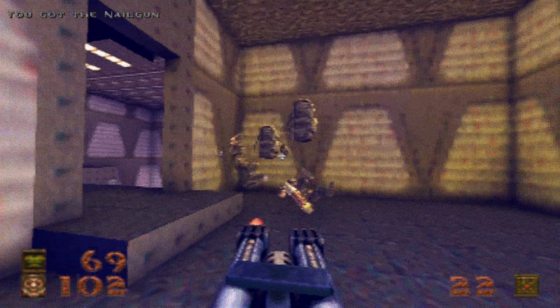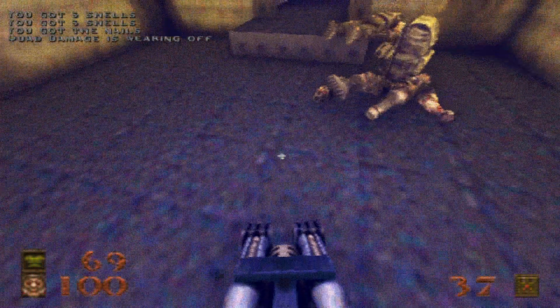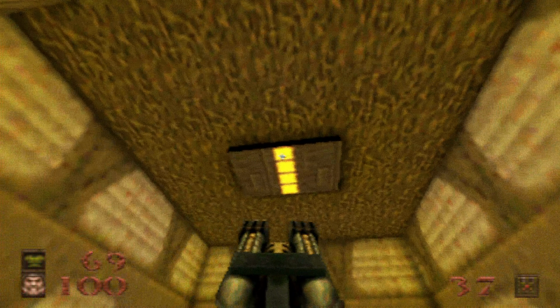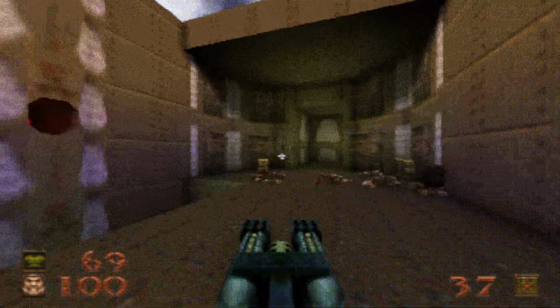Yeah, like simplified textures and stuff like that. Definitely. Like, this room is very dark in the original as well. Like, maybe simplified geometry. I don't quite remember what this looked like in...